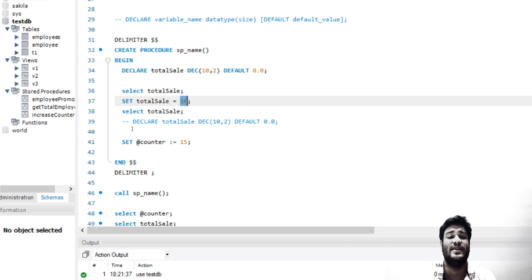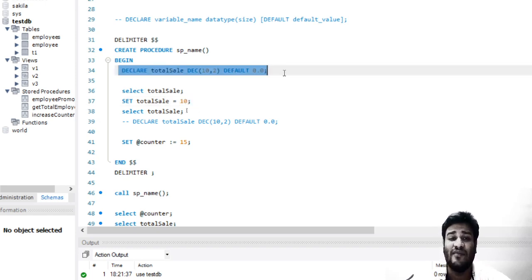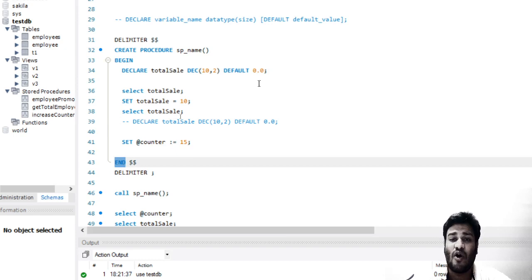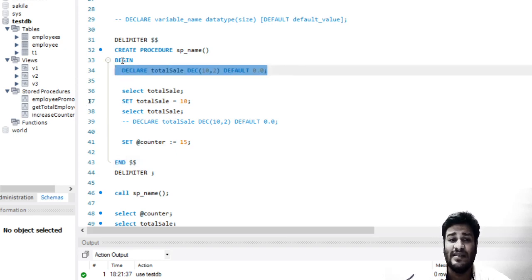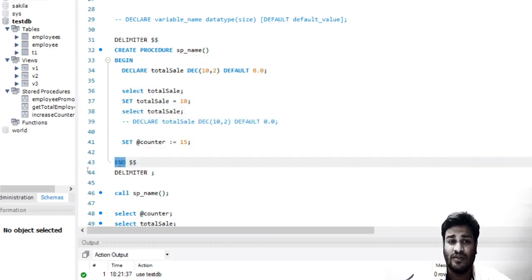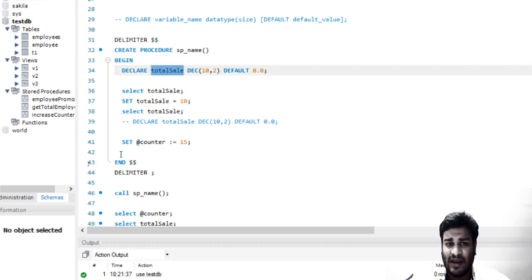So what exactly is a variable? A variable is just a container which contains a particular value at that time. And what is the scope? Scope is how long that variable lives. This variable started here and it will live till the end, because we have declared it within this BEGIN block. You can see this line, right? This BEGIN block ends here. So total_scale has its scope till this END.